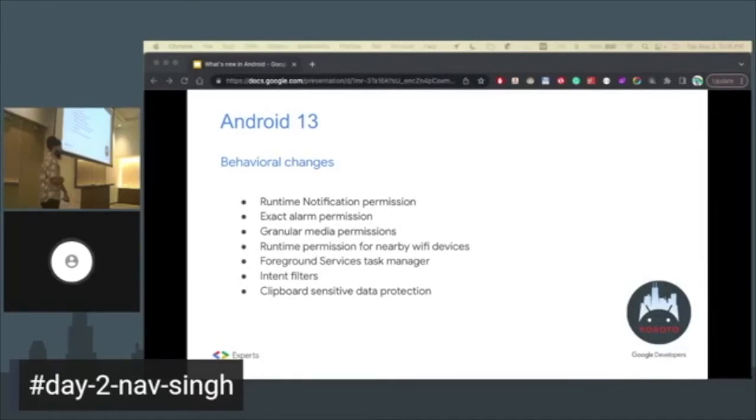The next one is the Wi-Fi permission. It's basically an improvement in terms of privacy. If you remember, in Android 12 we have new permissions for Bluetooth, so we cannot derive the user's location from the Bluetooth if we are accessing Bluetooth-related functionality in our